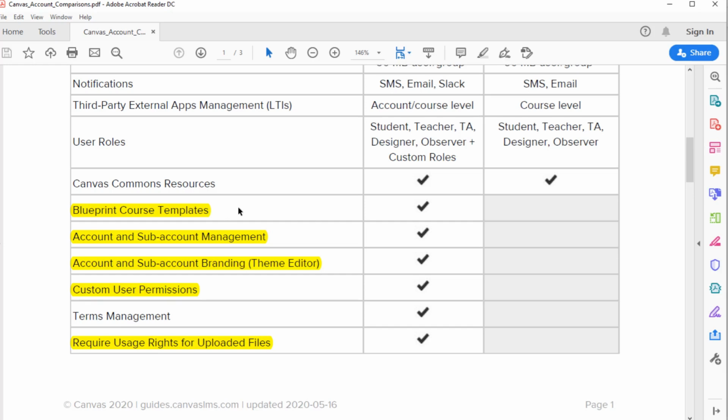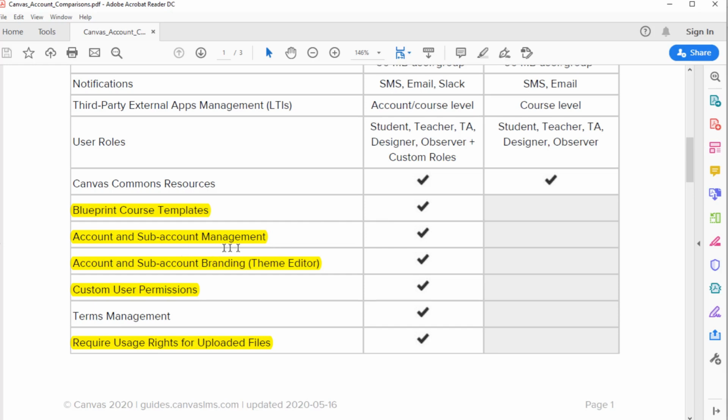So this is a functionality. So what happens is that when you buy a paid account, you will be able to designate any course as a blueprint course, and you will be able to designate some other courses as associated courses, and then you can push updates from blueprint courses to all of the associated courses.